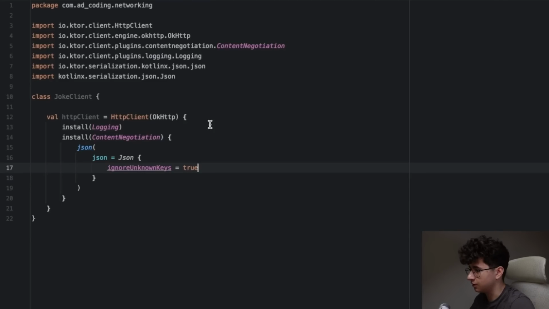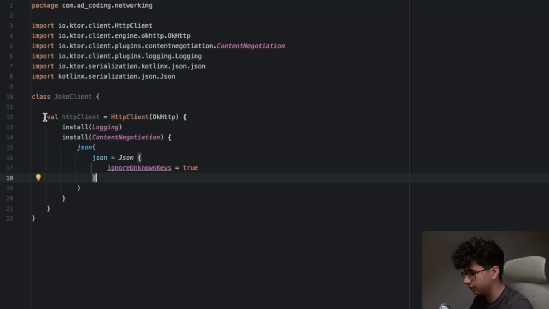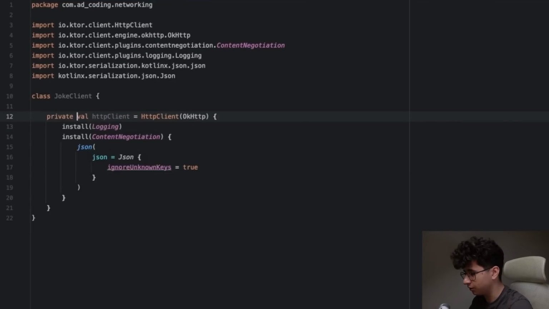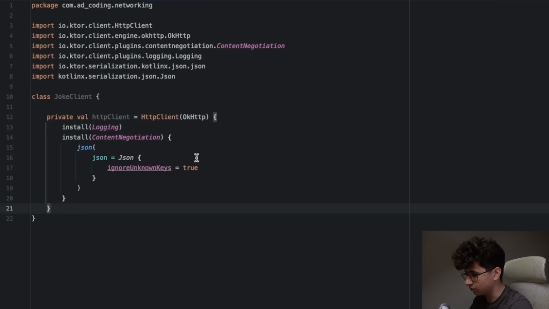So for example, this API can have a title of the joke, and I do not want to include that in my model, and I can simply set ignoreUnknownKeys and I won't have any errors because I haven't added it in the model. We can also make this HTTP client